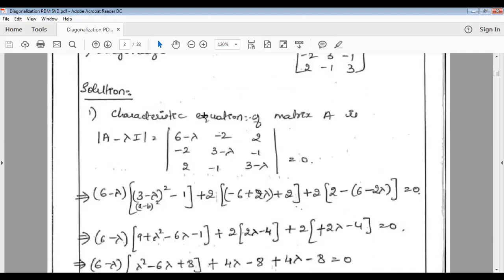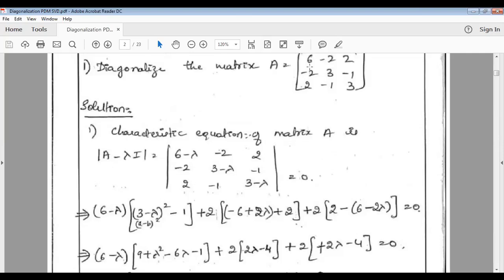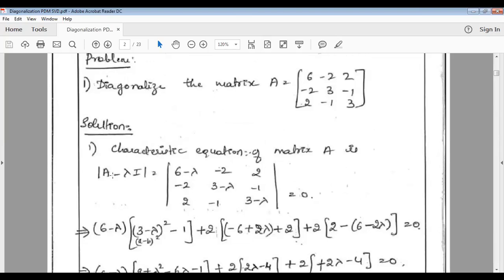So to find the characteristic equation of matrix A, we first have A minus lambda I, and we know that lambda I is nothing but lambda multiplied with the identity matrix, or the unit matrix, and the identity matrix will have 1 on its main diagonal. Therefore, lambda I will just have lambdas on the main diagonal, and when you subtract lambda I from A, all that will happen is the elements on the main diagonal of A will be subtracted with lambda, right? So you can see A, and then you can see A minus lambda I.